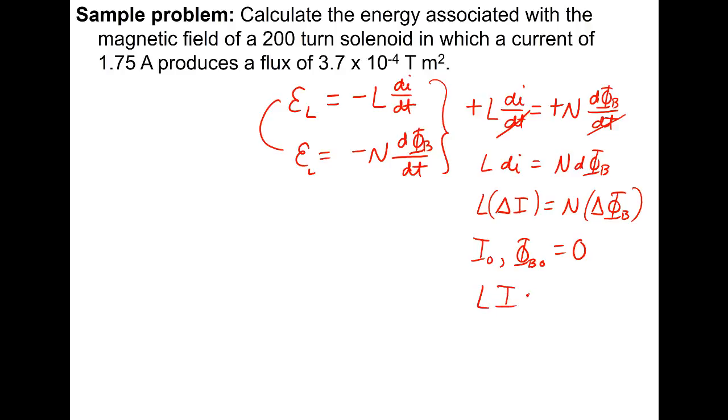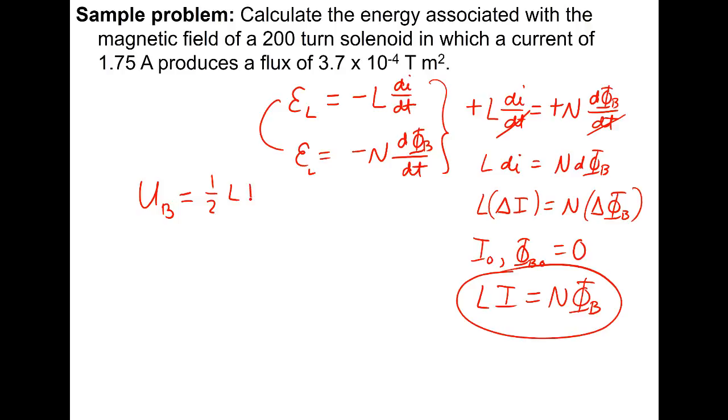So Li is equal to N flux. And that's a little trick that I did there. Okay, so that allows me to calculate the value of Li. And because magnetic energy is equal to 1/2 Li squared, that's actually equal to 1/2 Li times I. So that's a nifty little trick, because I have the number of turns and I have the flux, and if I multiply those together, I get